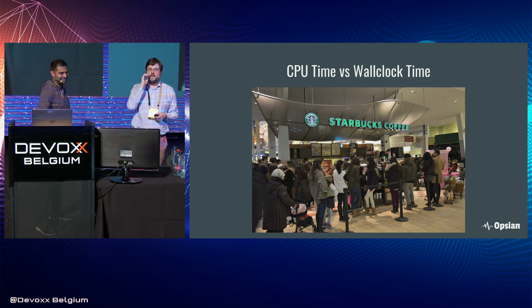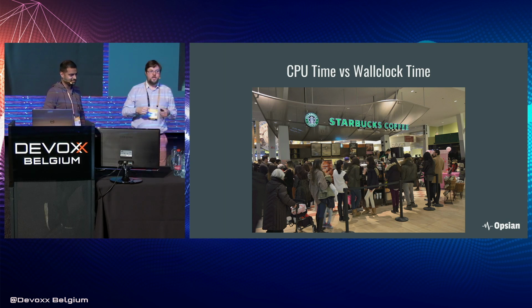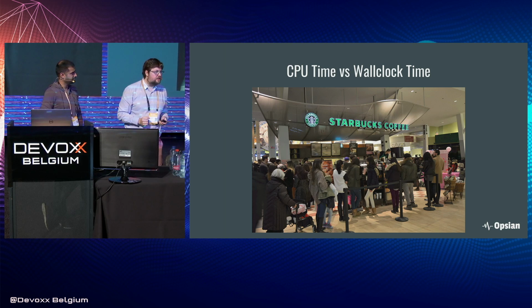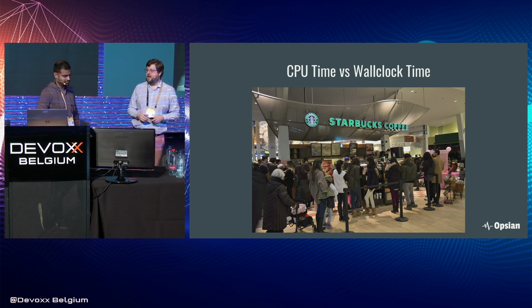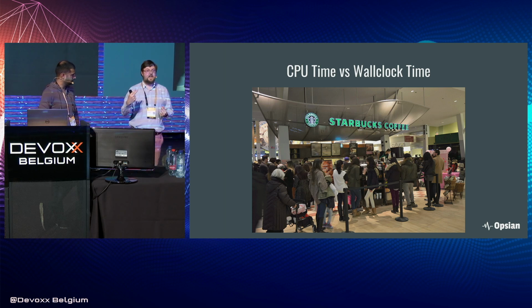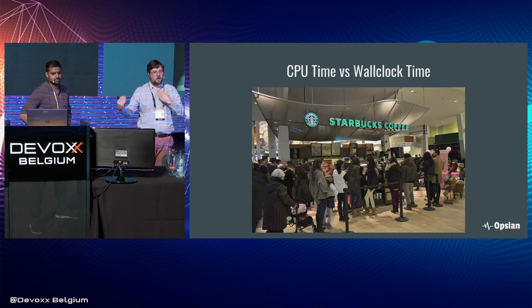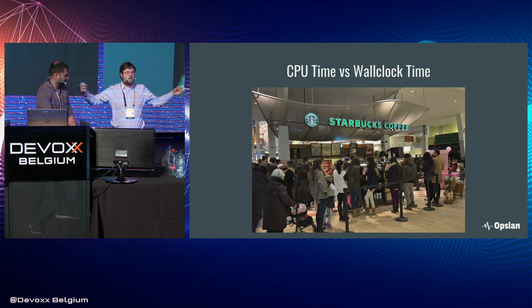Now, if you go to any good coffee shop, or even a Starbucks, you'll find that it's got a big queue in front of it. And if you're trying to get your coffee, you go into the queue, you wait to be served, you pay your money, you enter another queue when you're waiting for the barista to make the coffee, then you get your coffee coming out on the other end. And the CPU time here is really like the time taken when you're actually handing the money and they're actually making coffee, the actual time on CPU. And the wall clock time is the total time from beginning to end.